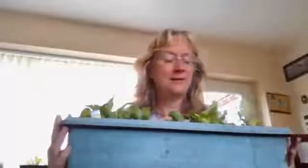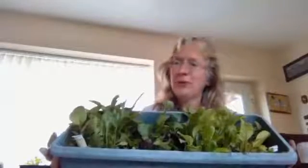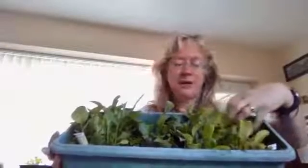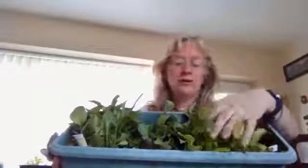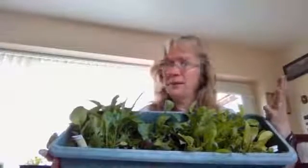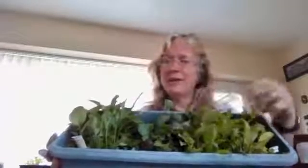Originally, right at the start, we had a go at planting some cut and come again lettuce, and after a couple of weeks, I planted it out in this planter. So over here, I've got some cut and come again lettuce, and that's now starting to be ready to crop once it's about 4 inches, or 8 centimetres high. Then you can start to cut some of those leaves